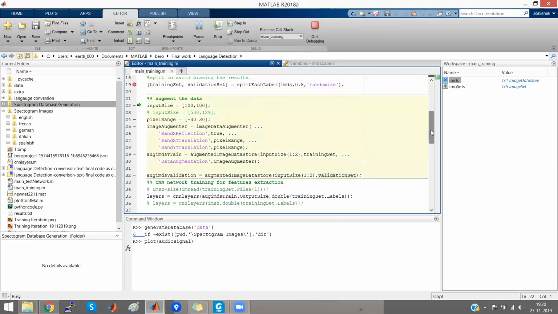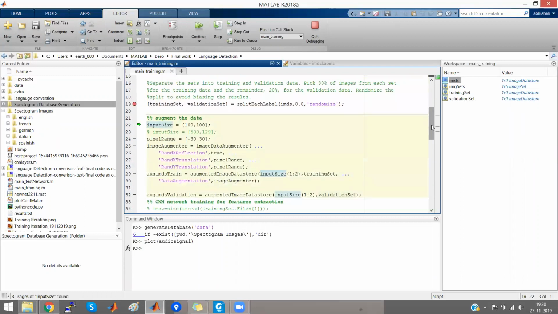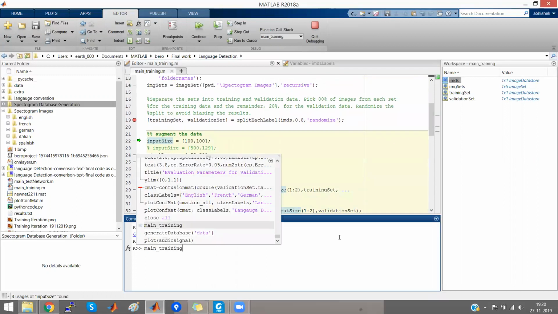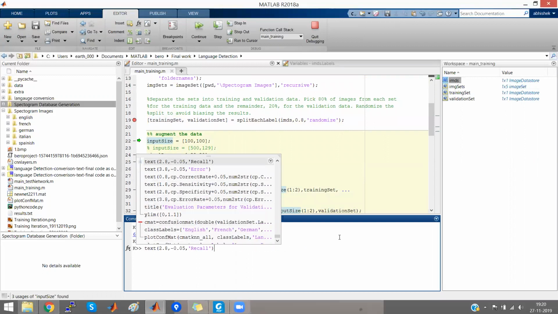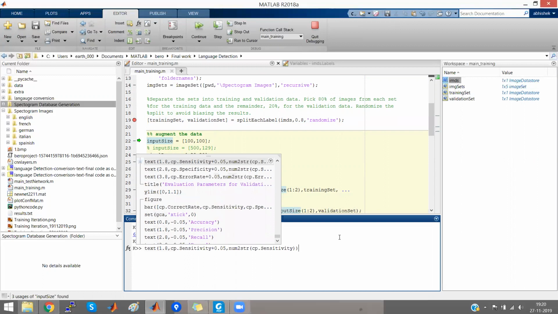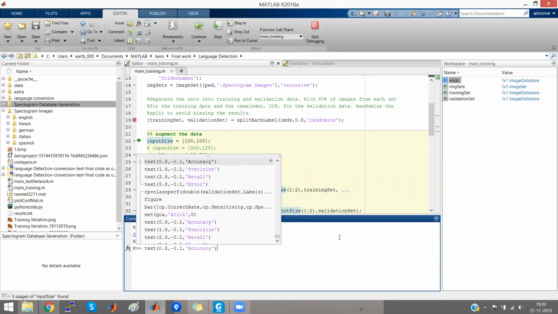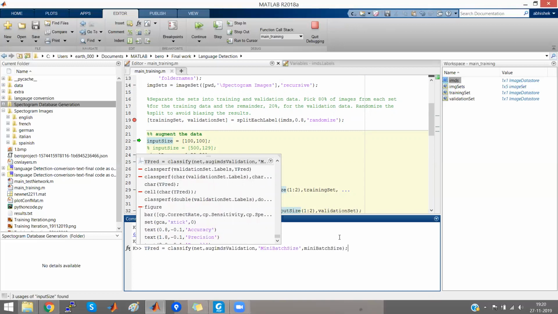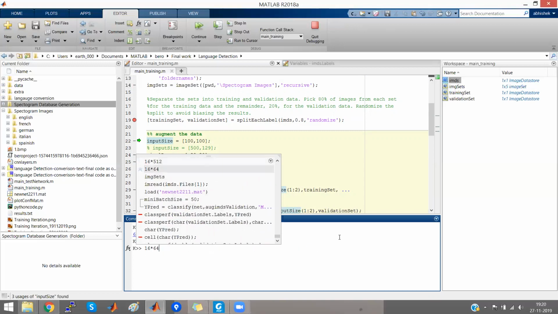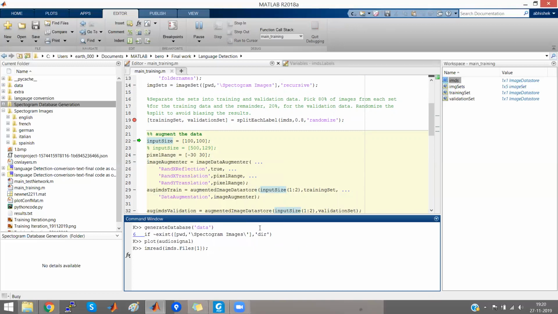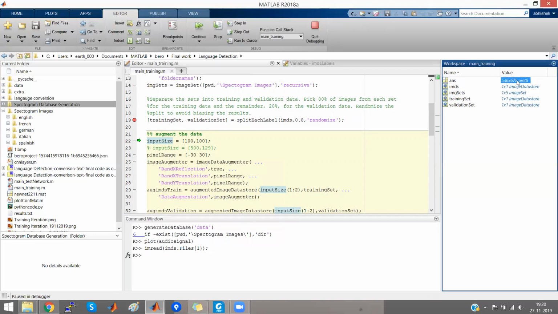Why are we augmenting the data? Because you can check out, each image is very big. Like, I show you the size. Each image is of 536 rows and 678 columns.